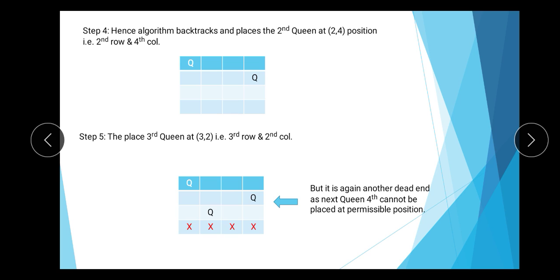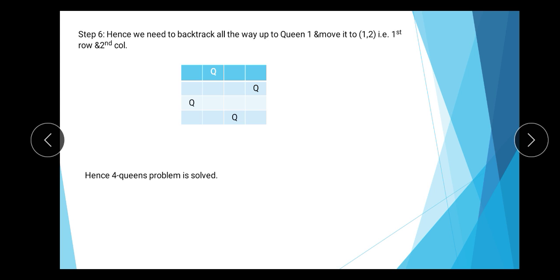We cannot place the fourth queen on the fourth row third column because this is a diagonal position of the third queen, and we cannot place the fourth queen in the fourth row fourth column because this is the same column as the second queen, so there is a direct attack by the second queen. Again this is a dead end, so we need to backtrack and we change the position from the first queen to the third queen. Here we backtrack and change the position of the first queen from first column to the